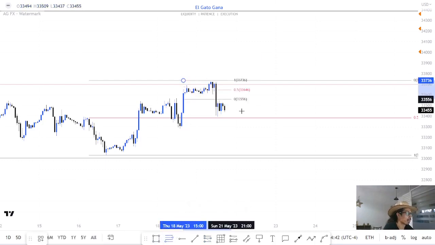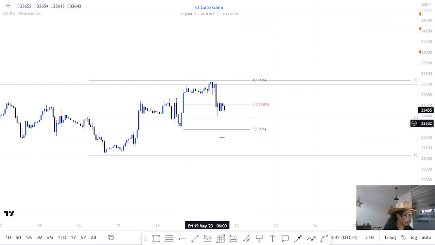And that's the low that we're going to be using. Price is also within the equilibrium of this. So looking at this and just solely looking at the equilibrium of the daily, the 4-hour, and the hour chart, what can we establish from this, right? Here's the daily equilibrium. This is the daily equilibrium where the high is at. This is the 4-hour right below price, and this is the hour right where price is